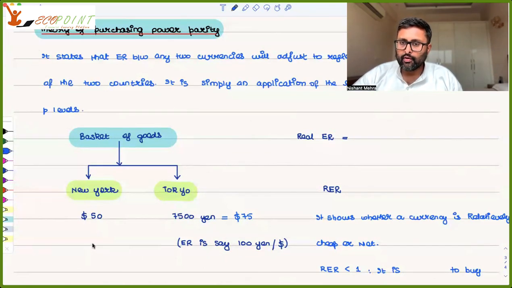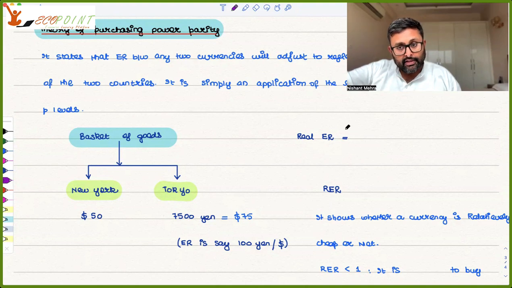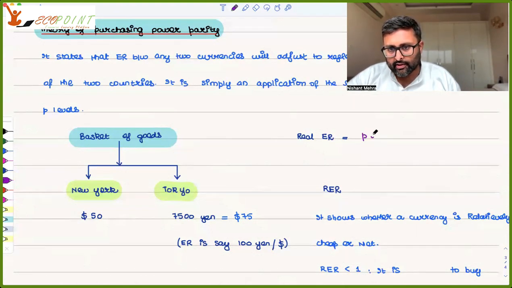Real exchange rate is nothing but the price of domestic goods in dollars relative to the price of foreign goods in dollars. So it's a relative price ratio of goods. There will be a basket of goods in my currency, there will be a basket of goods in your currency, but I will change the basket of goods in your currency in terms of my currency. That is the point. So price of domestic goods